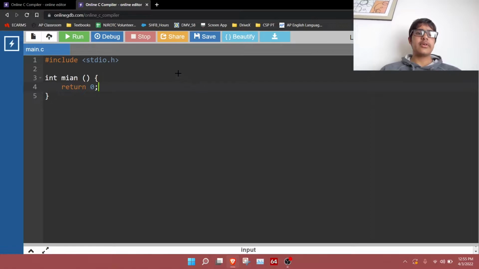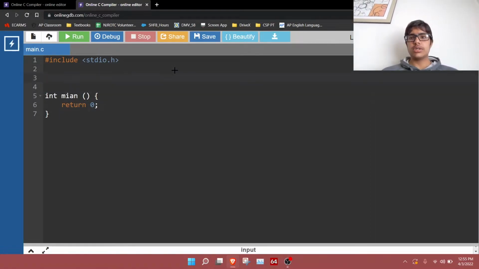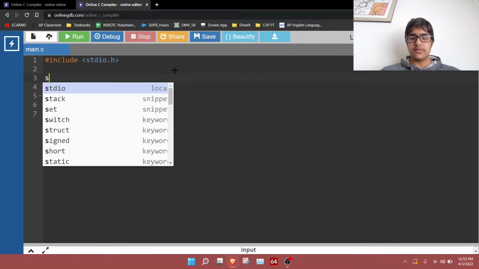So this is our main function. So now we want to declare our structure. So we'll declare our structure as a global structure right here. We'll have